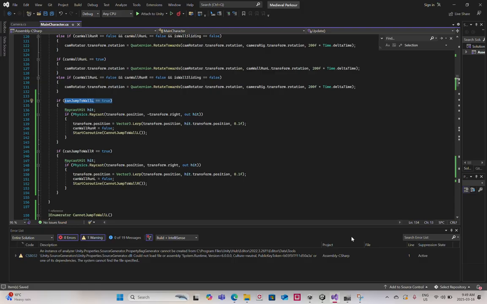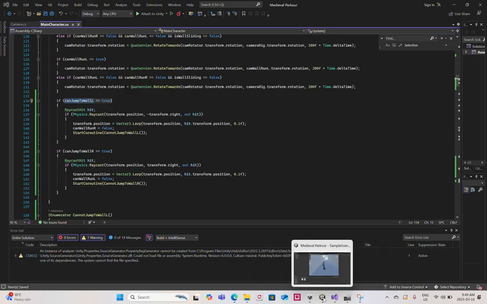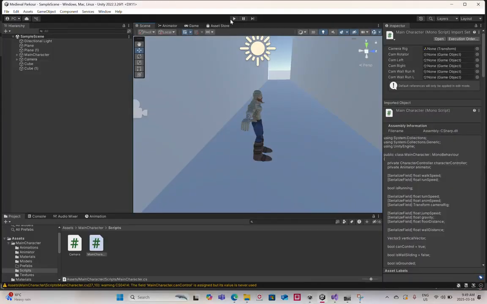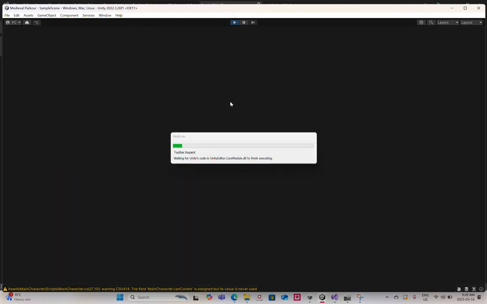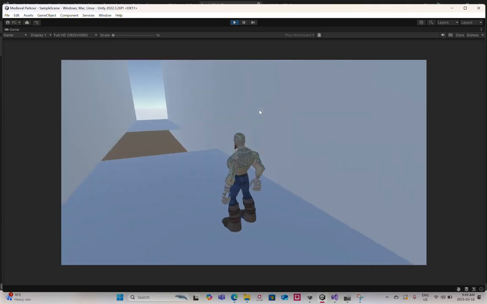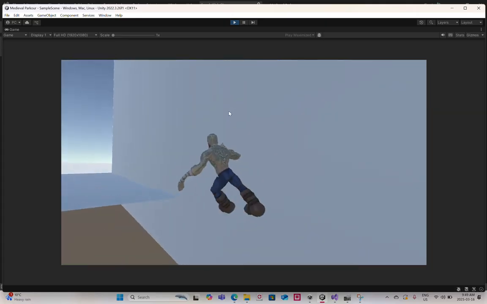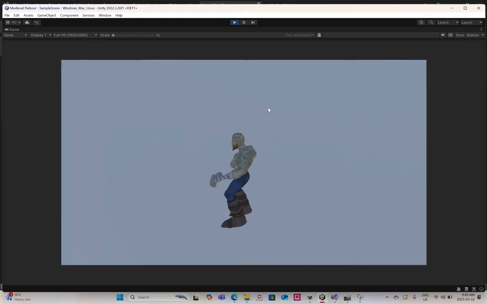So with that done, I'm going to hop over to the editor. I'm going to hit play. Still not perfect, but it's way better than yesterday where he doesn't go through the wall. So if I'm running and I press the jump, and he jumps to the other side,